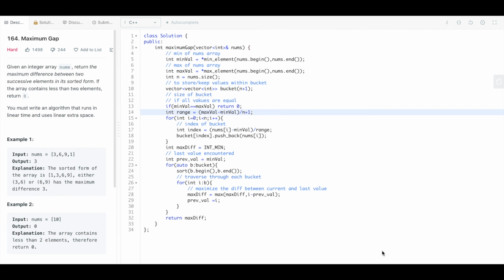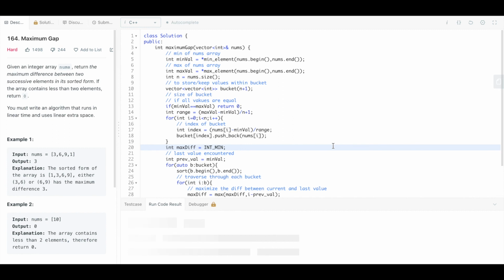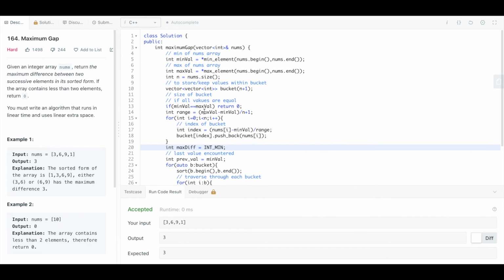I think it should be by n+1. Yes. Yeah. So that was the error. The error was mainly around because we have to calculate the range. Range was maxval minus minval by n+1, right? So this is what we were doing. We were dividing by n+1 as our altogether entity, but we have to do it by n plus 1 because the range would be one more than whatever we are getting out of this maxval minus minval.